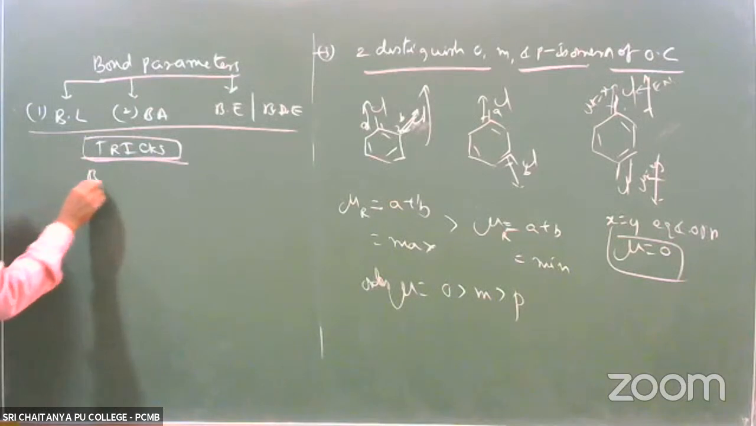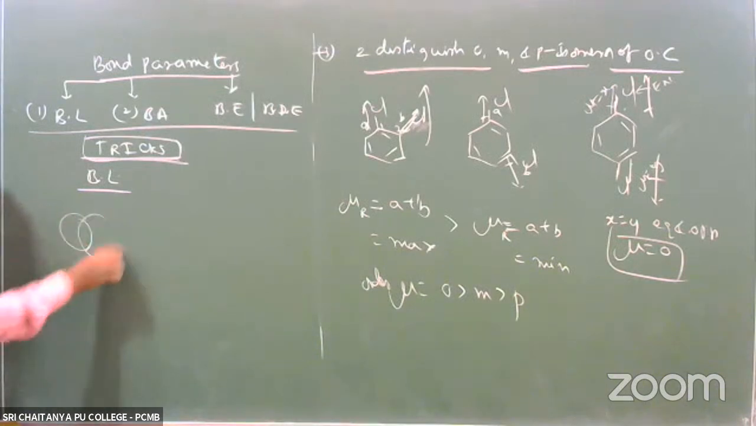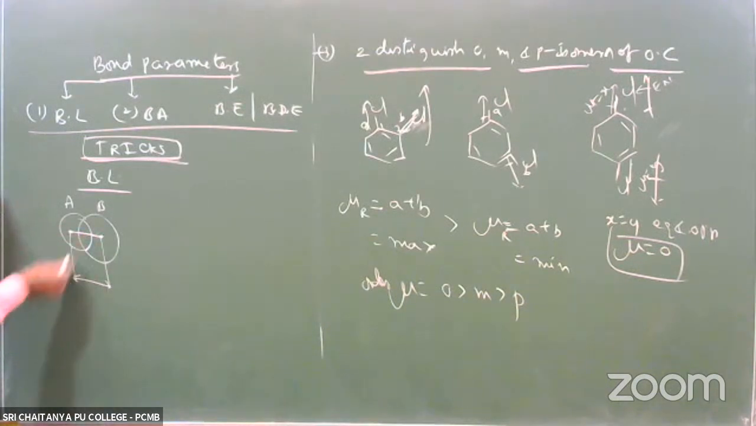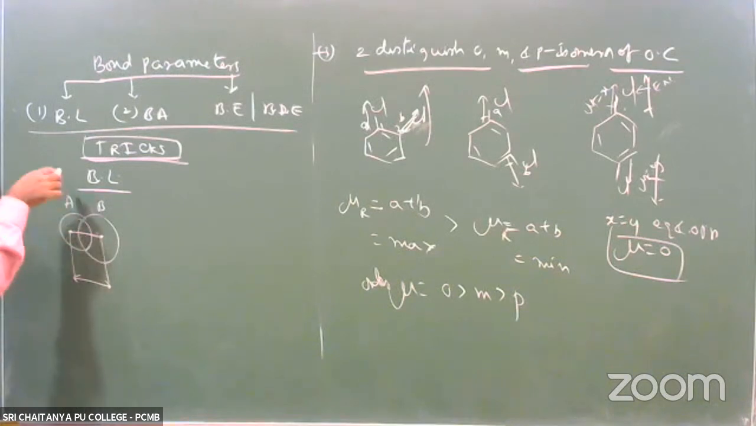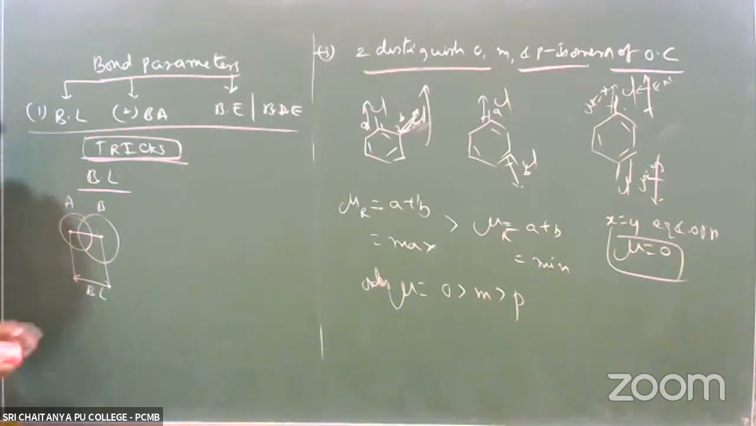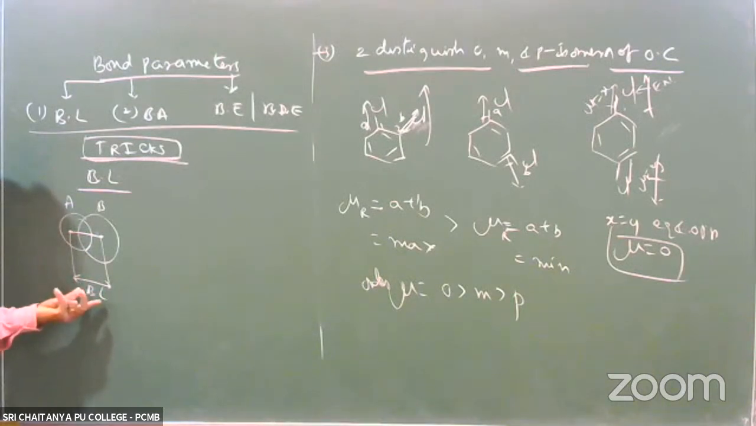So first one, bond length. What is bond length? For example, you take atom A and atom B. These two are combined, and then it forms a covalent bond, right? The average bond distance between the two covalently bonded atoms, from where to where? From the nucleus of atom A to the nucleus of atom B. That is called bond length. That is, the average bond distance between the nuclei of two covalently bonded atoms in a covalent molecule is called